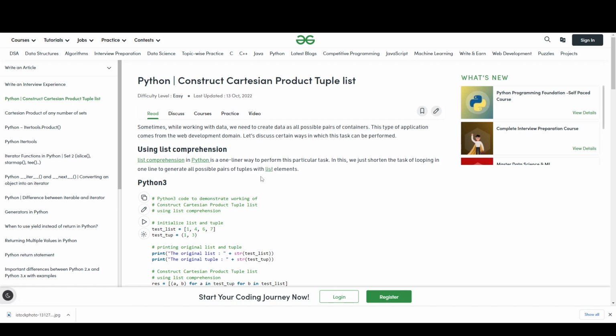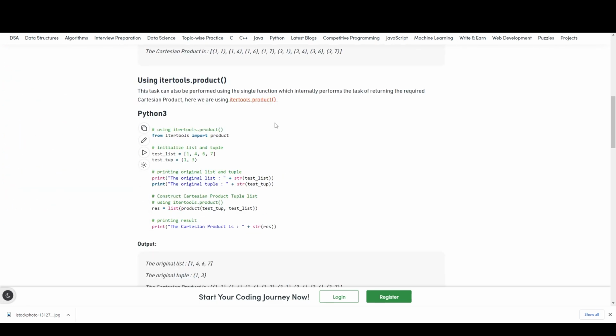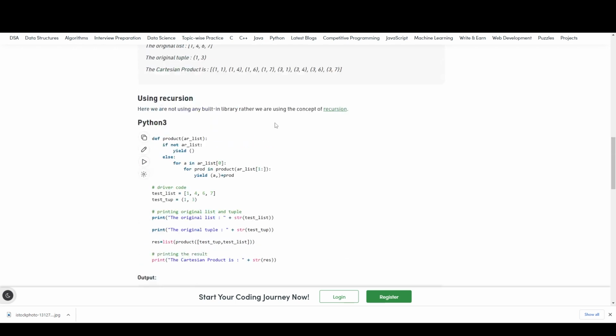I guess what I'm trying to do is figure out list and tuple. List comprehension.